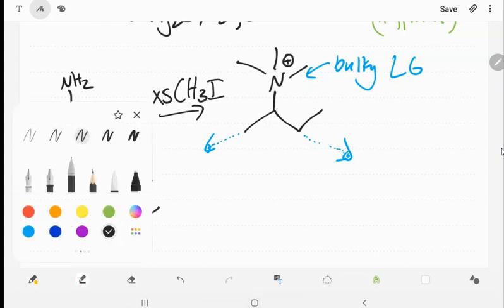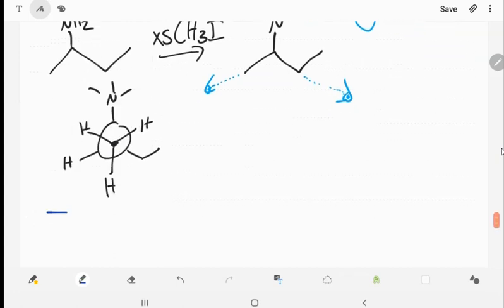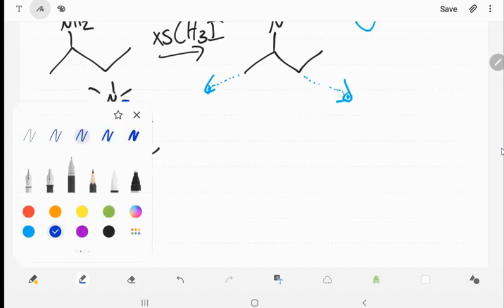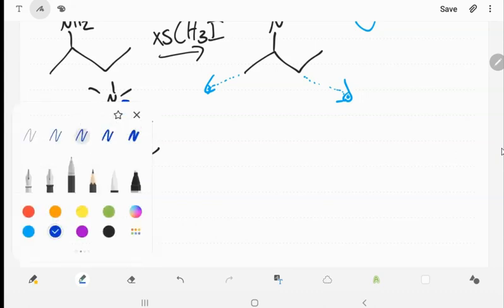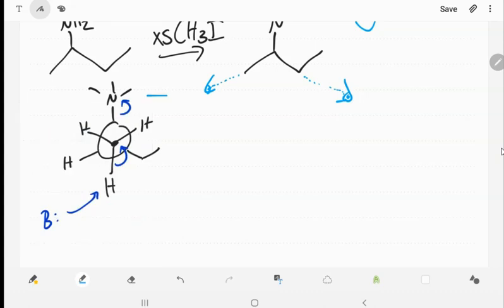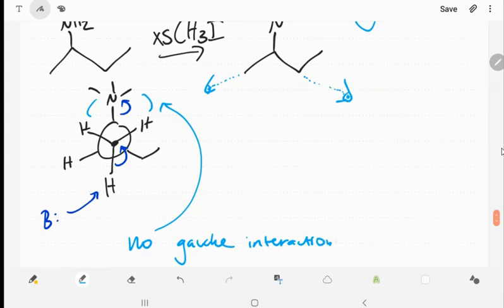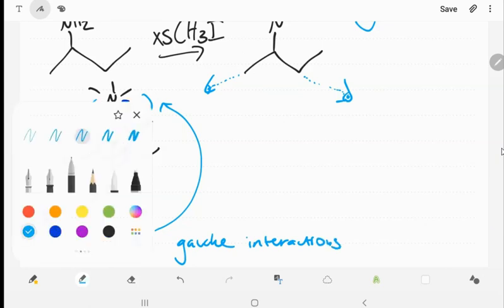So when we eliminate, remember for elimination we need to have anti-periplanar. So when our base comes in, it's going to eliminate and kick this off, right? So we have nice kind of far away, we have no gauche interactions with this. We do not have any gauche interactions with this. However, if we look at the other side,